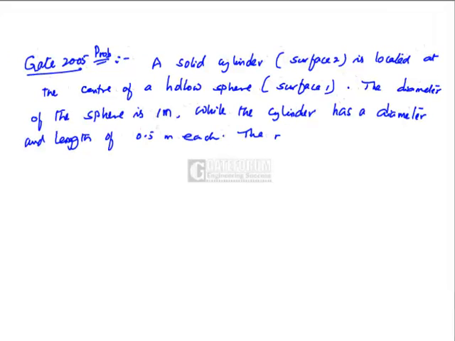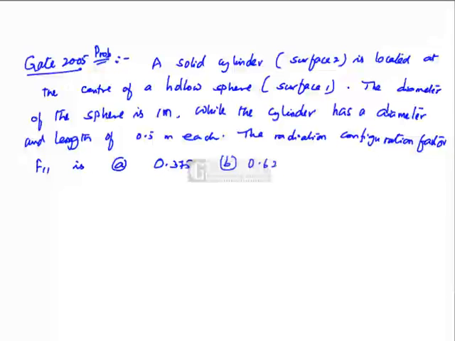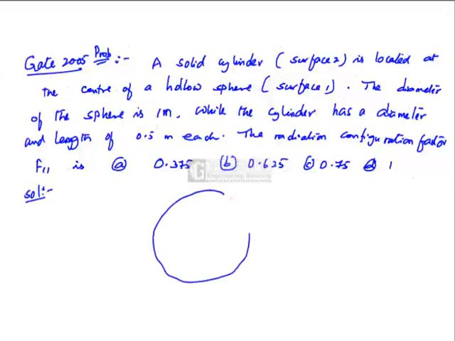The radiation configuration factor or shape factor F11 is: A. 0.375, B. 0.625, C. 0.75, D. 1. The solution to this could be given as: a solid cylinder is located at the center of a hollow